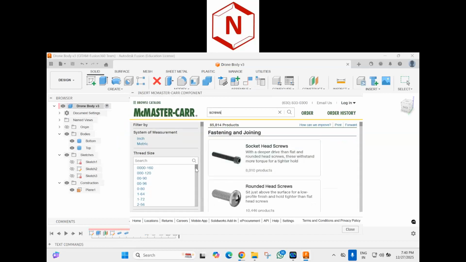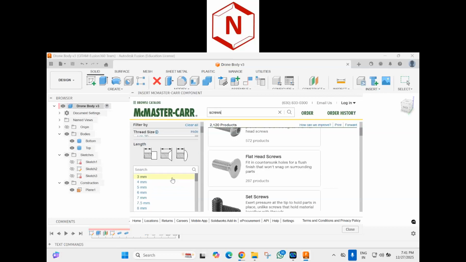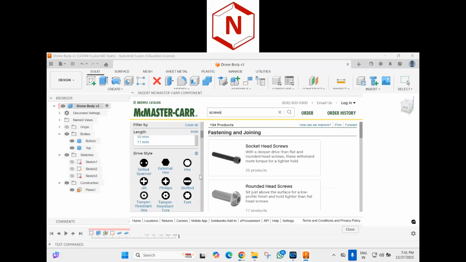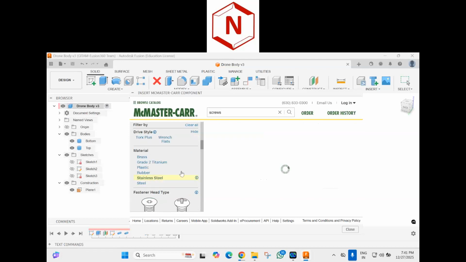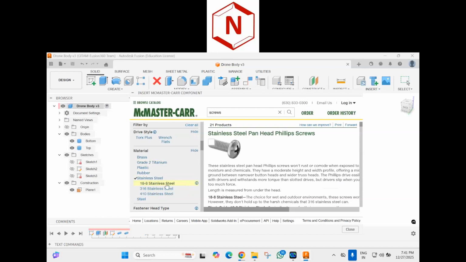Let's say I want to insert some screws. You need to select the system. I will select the metric system, and in the metric system I want a bolt of 3 millimeters, suppose. I will click on M3 and scroll down, and I want a length of 8 mm. I will click the length as 8 mm, and further I want a Phillips head. I will select the Phillips head, and I want a stainless steel material. I will select the stainless steel material,